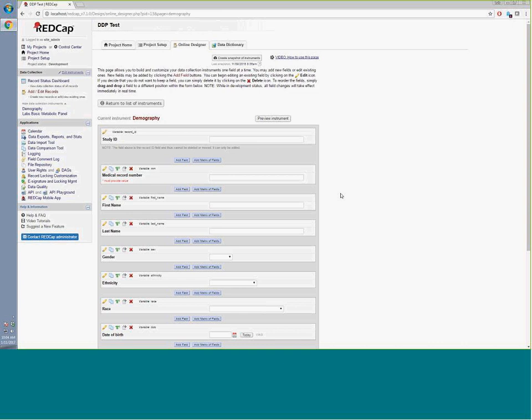Quick question. Once you click them as identifiers, what happens when someone else goes into the system to look at that study, for example? Do they not see the identifiers, or do they have to have special access to see them? Good question. I'm going to try to answer that